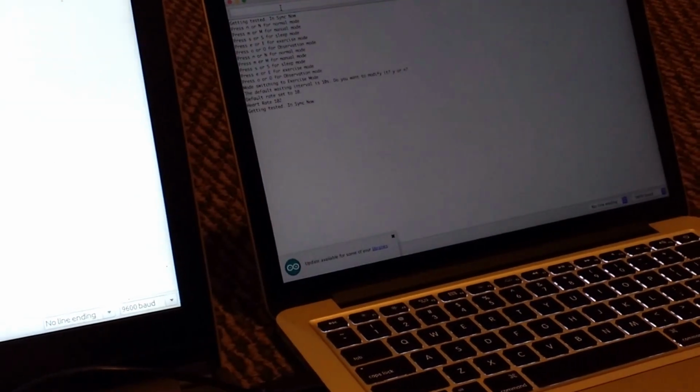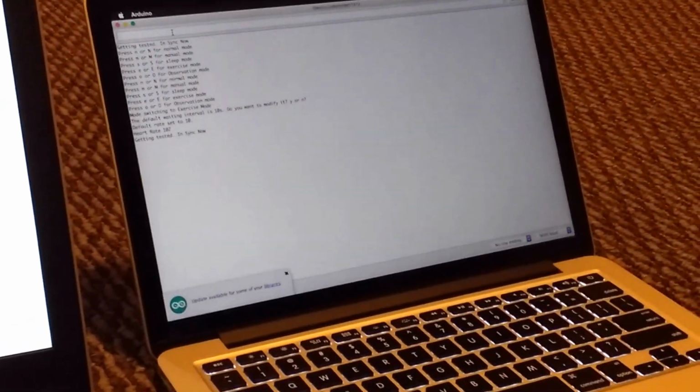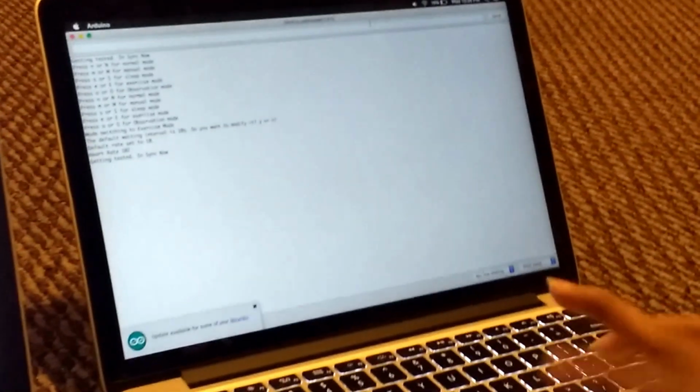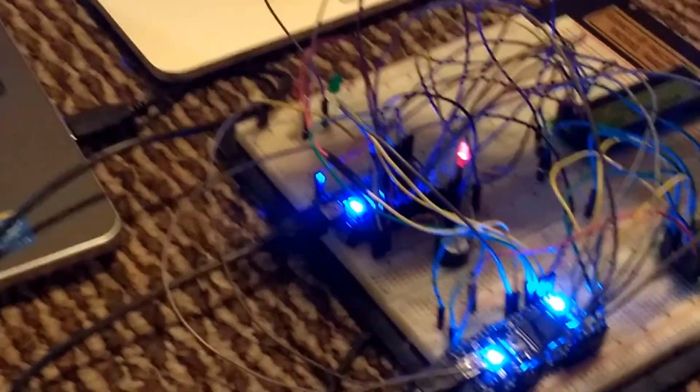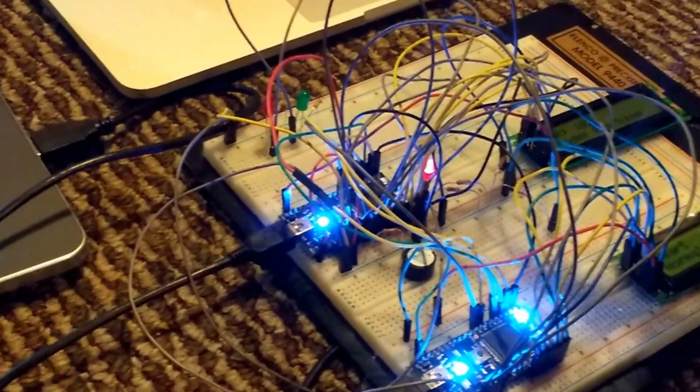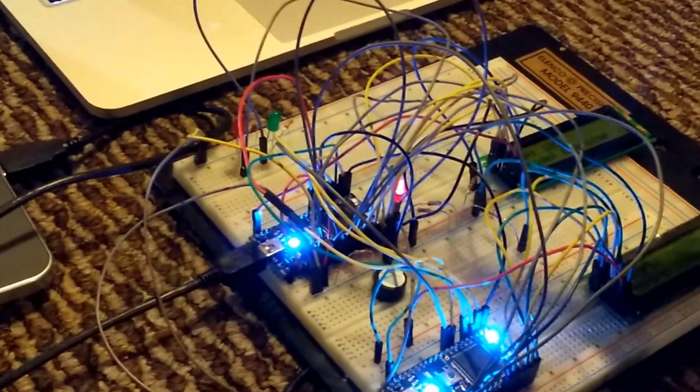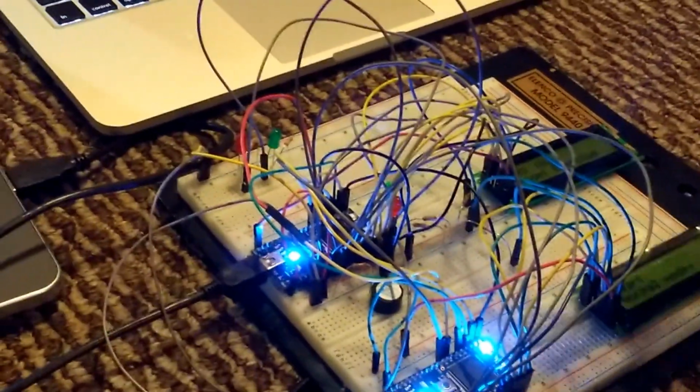Now I'll walk you through the manual mode of both the pacemaker and the heart. If I want to put my pacemaker in the manual mode, I'll just press M here, and it directly goes into the manual mode, where you can see nothing is blinking here, because only the valid A signals and V signals are going to get detected if they are bounded by the time in which they should come. Now if I want to send a V pace,